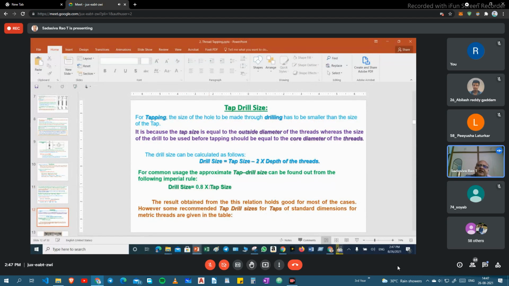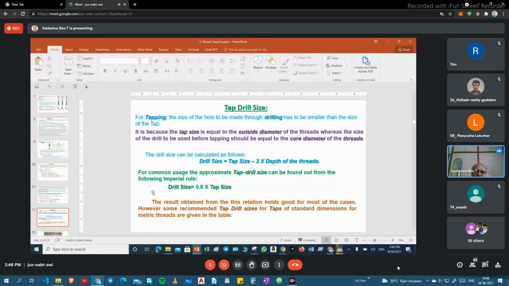And tap size we will get M10. For M10 threads, we have to use 8 mm drill diameter.